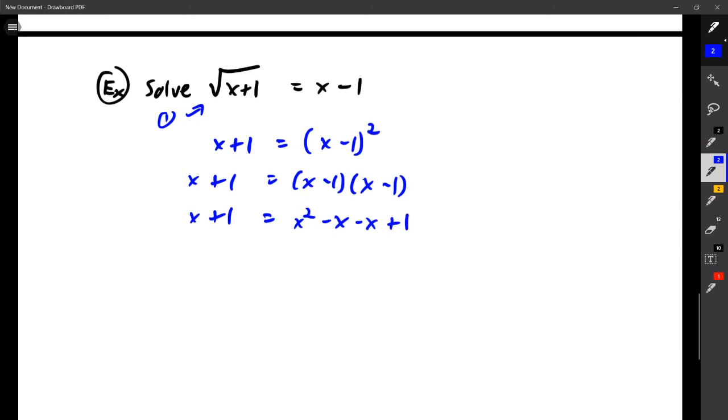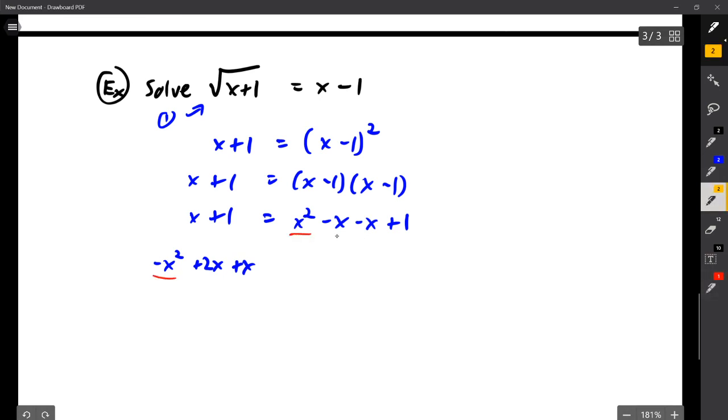Okay, I guess I'll go ahead and move everything to the left-hand side. So when I take that x squared, throw it to the left-hand side, I get negative x squared. I have negative 2x on the right-hand side, so throw that over and I get plus 2x, but then I still have this plus x going on there. I guess if I do some, that became that, right? And then these two became that. And then,